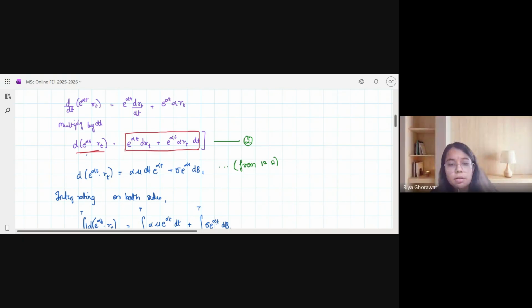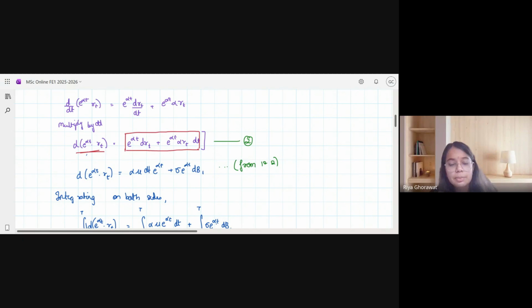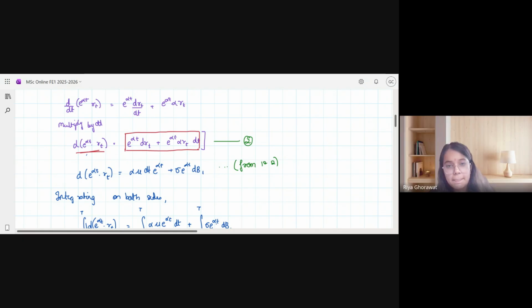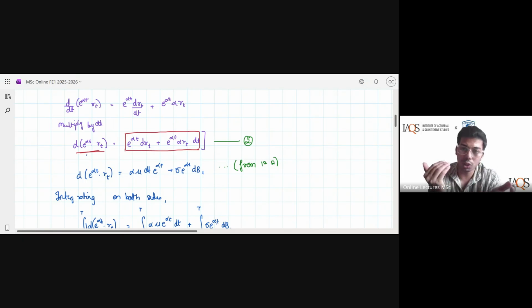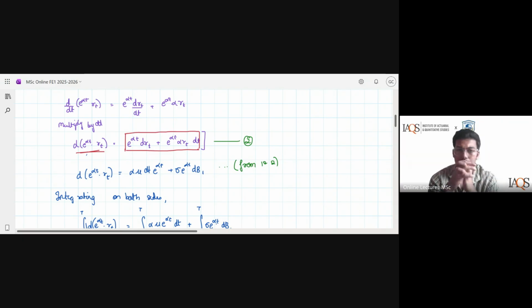So basically, what we did is we had the SDE. For simplification, we multiplied by e raised to alpha t, because that SDE was a type 3 SDE. I can't solve a type 3 SDE directly. So I figured out a way to get the type 3 SDE to a type 2 SDE, and then I solved it. And lastly, we did the integration, and from the integral process, we just derived the distribution.